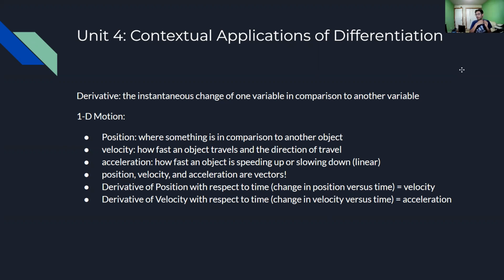So if something is speeding up, then the velocity and the acceleration have the same sign, and the acceleration is causing the velocity to go faster. But if the velocity and acceleration have opposite signs, then it's slowing down. So it's like the acceleration wants to resist motion and wants it to go the other way. Essentially, that's what